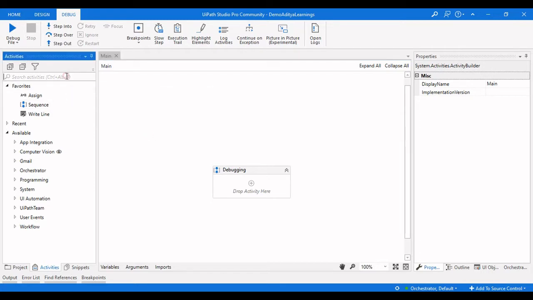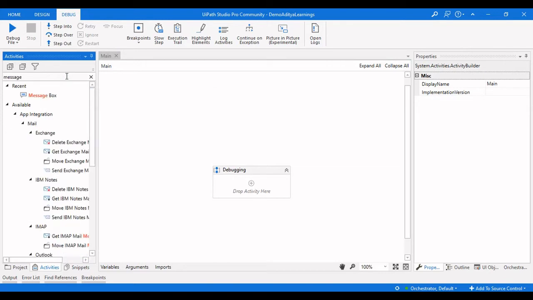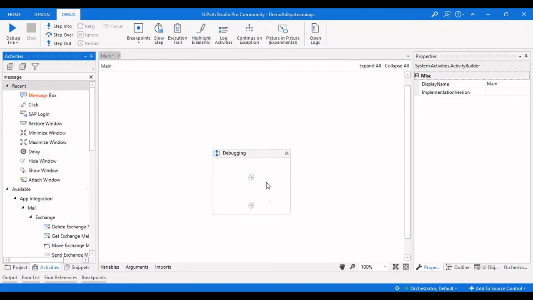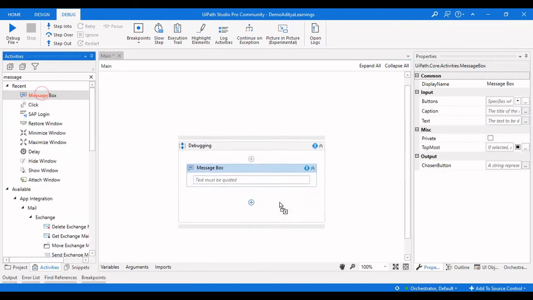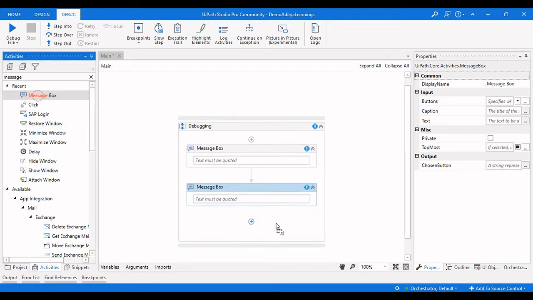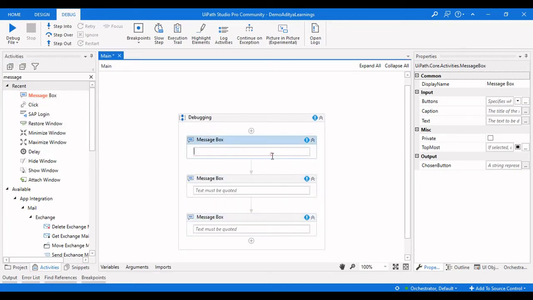So let me drag a message box over here. Let me drag three message boxes, and let me write some text in here.